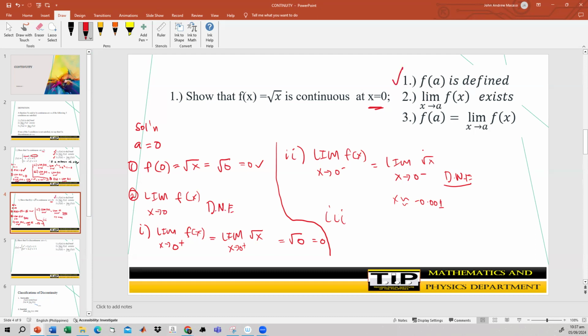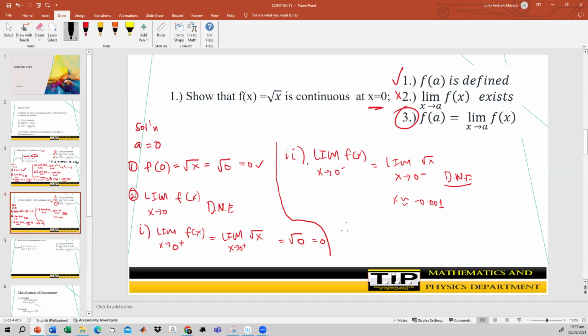So again, the first condition is satisfied, but the second condition is not because the limit does not exist. So you don't need to check the third condition for continuity because the second condition fails, as the limit does not exist. So we can say right away